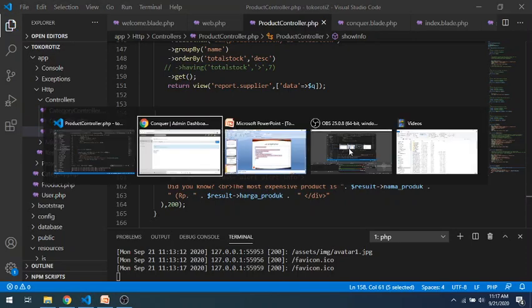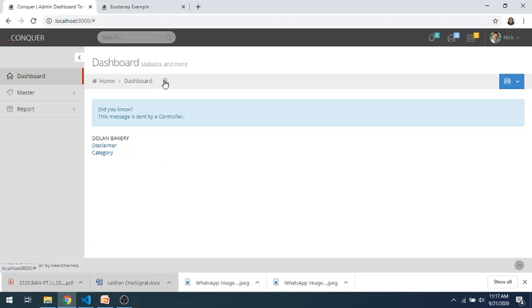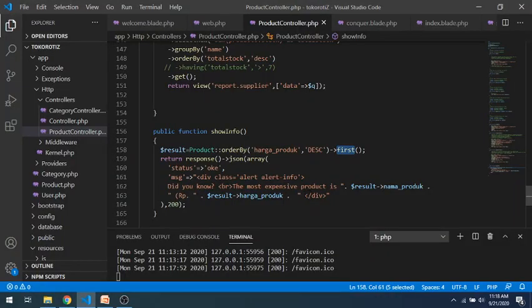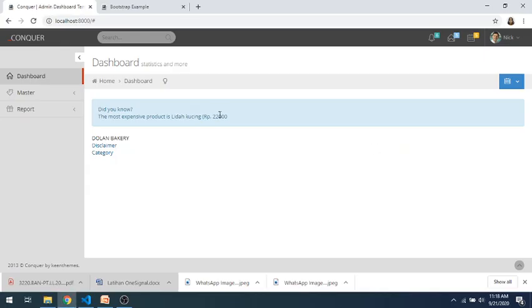Okay, we will try it again. Click. Okay, the most expensive product is lidah kucing RP with price. We have to put this one.